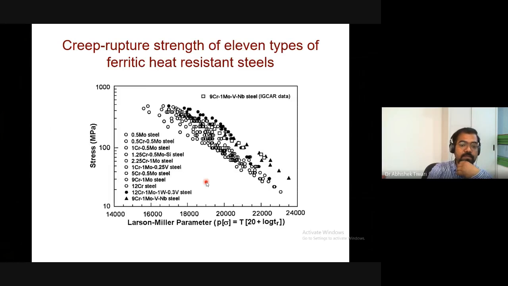Then this is again the Larson-Miller parameter plot for different grades of steel, and you see that all of them are showing one band of curve, and that is why it is called master curve, because as long as you are not changing the material completely, the curve usually is the same for all different grades of steel. So you see there is a variation of 12 chromium steel, and then you have a steel which does not have any chromium, then you have a steel where you have 1 weight percent of chromium, and you still are getting the data in the same band. Okay, so